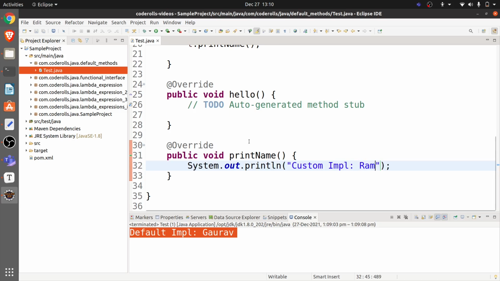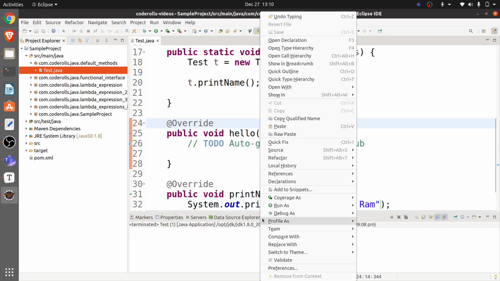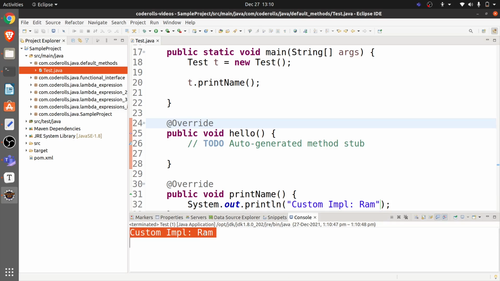Okay, now I will clear the console and I will run this program again. Okay, now you can see that we are printing the custom implementation and it is printing the RAM.